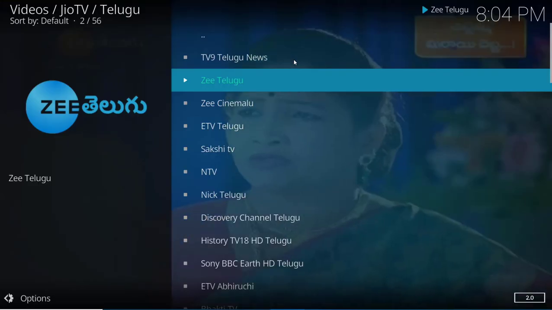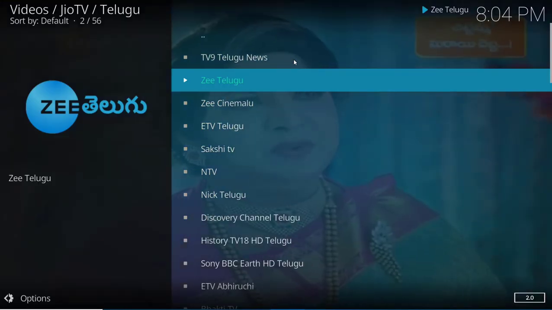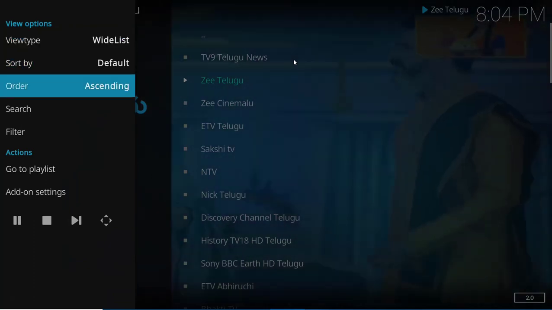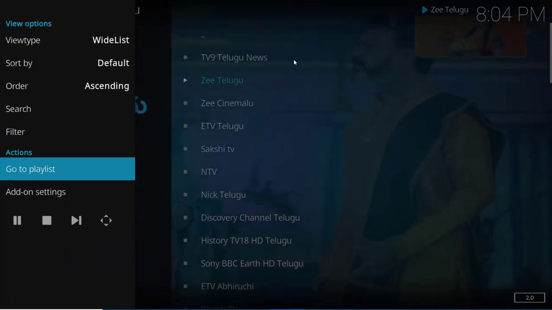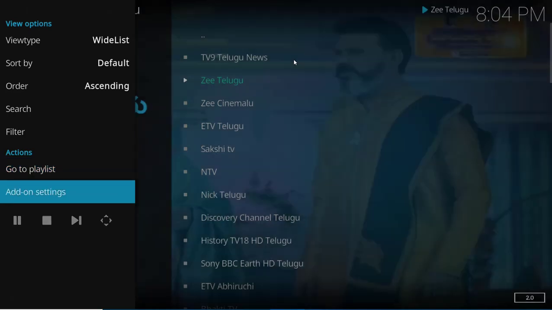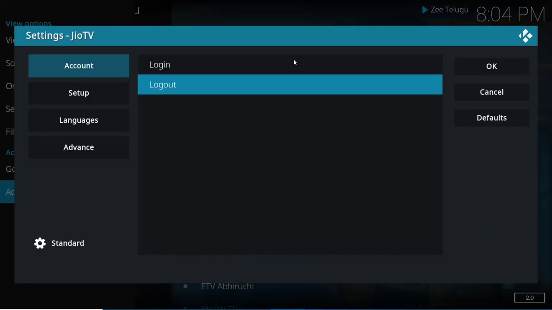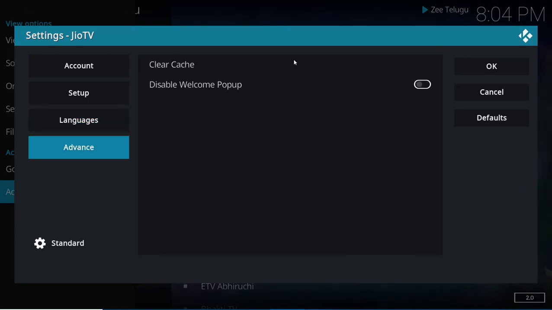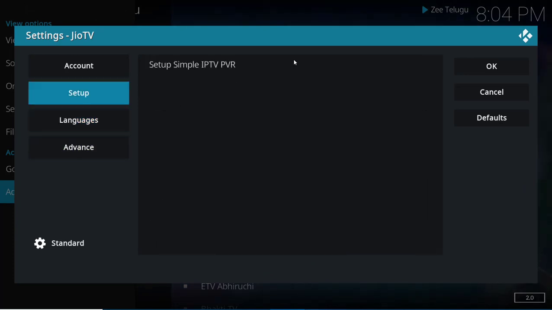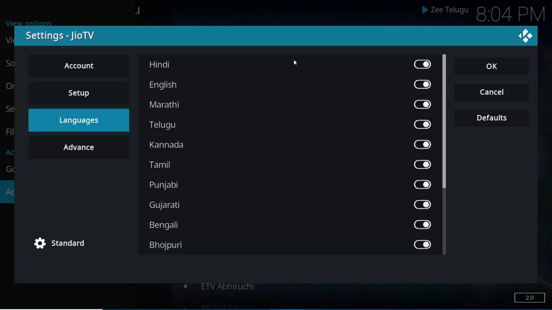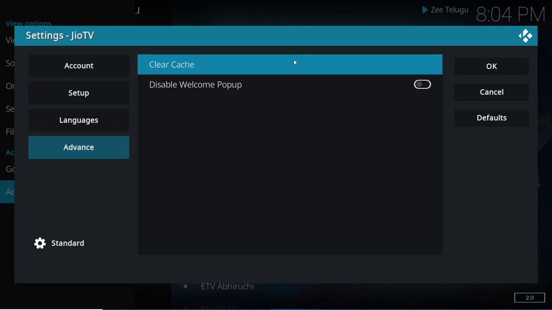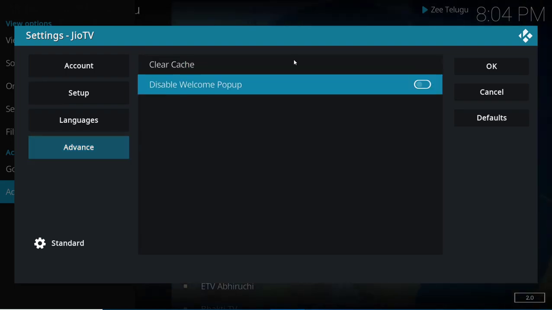After that, go back, then if you select the left button on your remote, you will get these options, that is the settings of the JioTV app. Go to add-on settings and go to advanced. Here in advanced, you can see disable welcome pop-up.